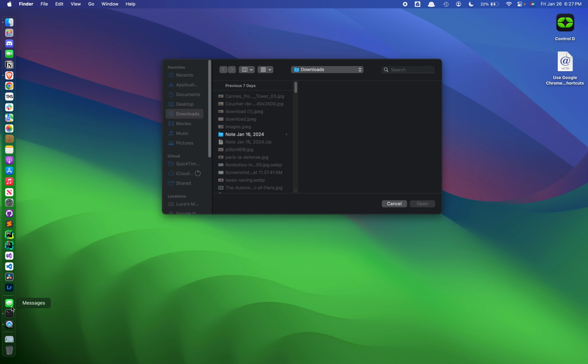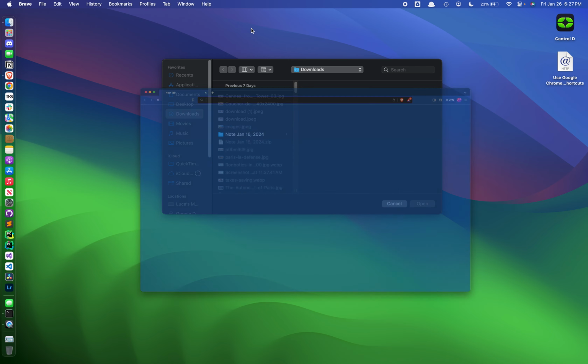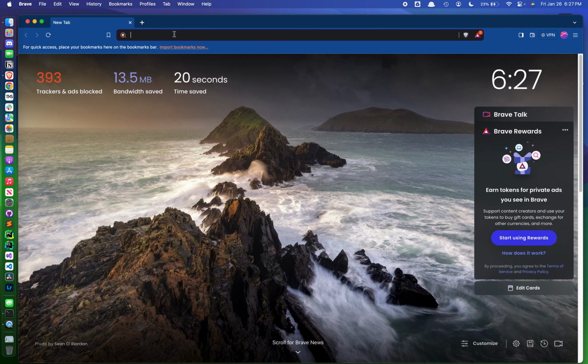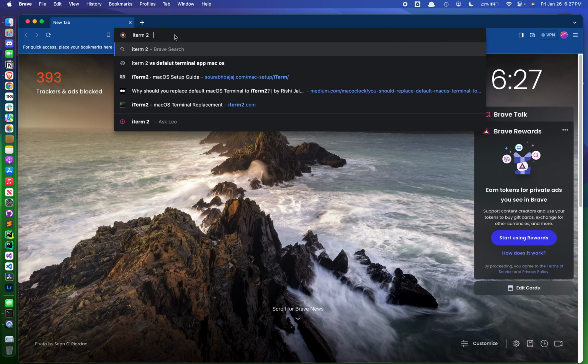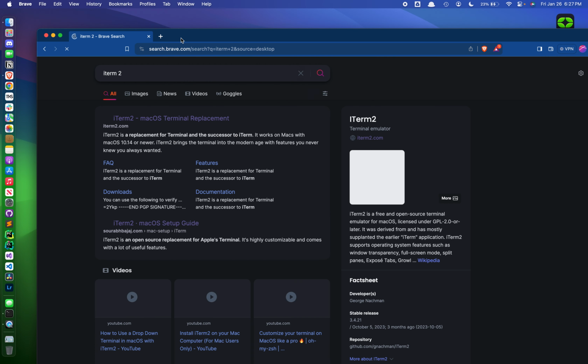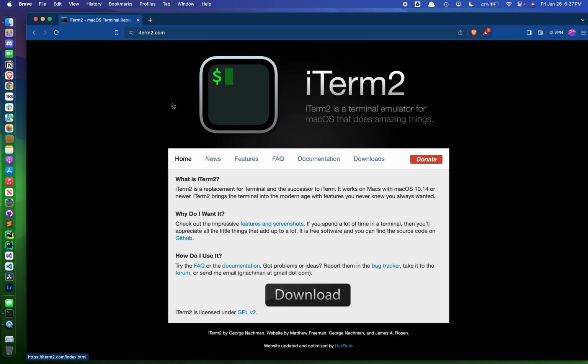You might be wondering, how do we install it? Well, simple. Go on your browser, whatever browser you have, and type in iTerm2. You just gotta type that in, and it will be the first link. I'll put a link of iTerm2 in the description if you don't trust me, it's fine. Just type it in and it pops up first thing. And if you don't trust this at all, it's legit. You just gotta tap download